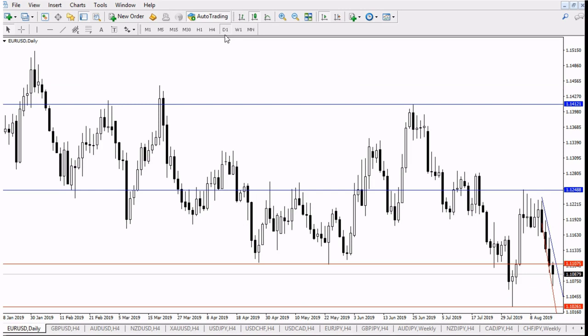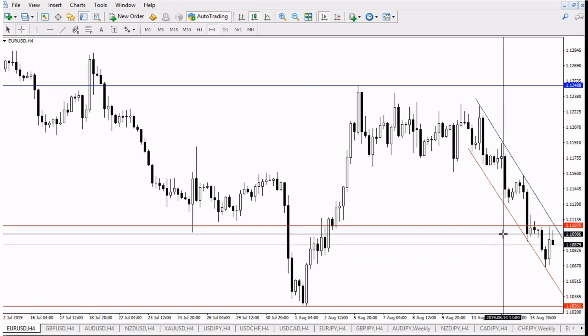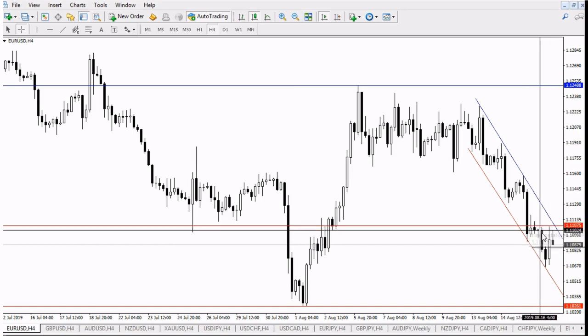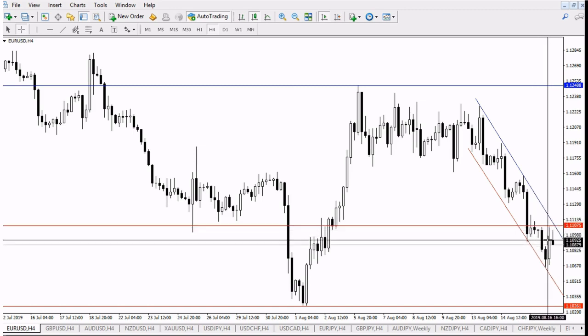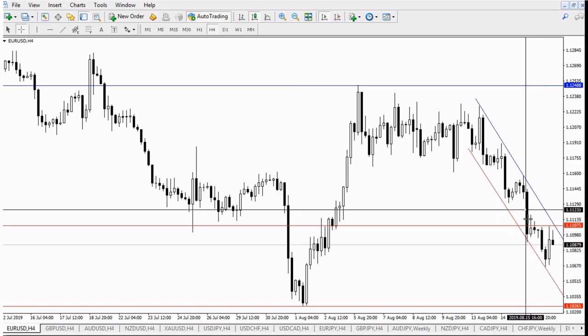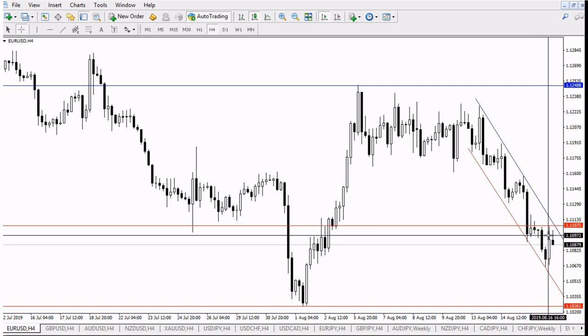This is how it looks on the daily time frame. So even before the week ended, there was a retest of this former support level as resistance. So below this level, which is the 1.11075, the EURUSD is still bearish, but now that it has fallen into a descending channel, I'll be on the